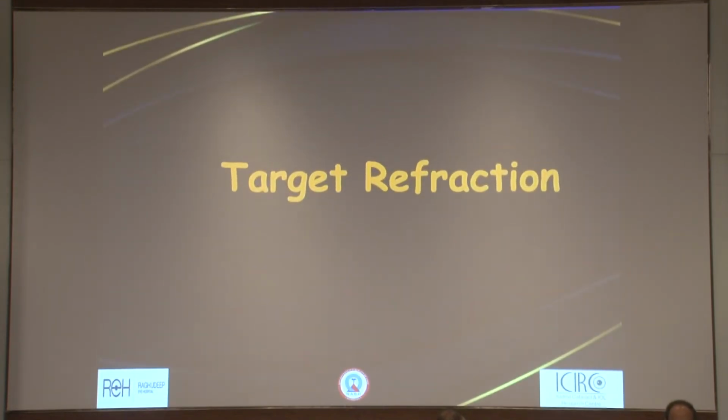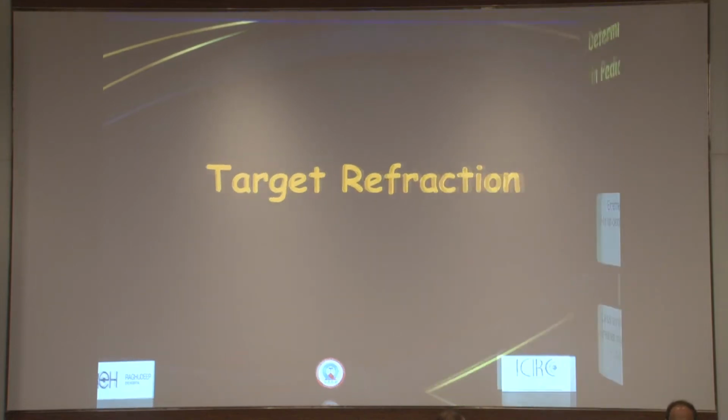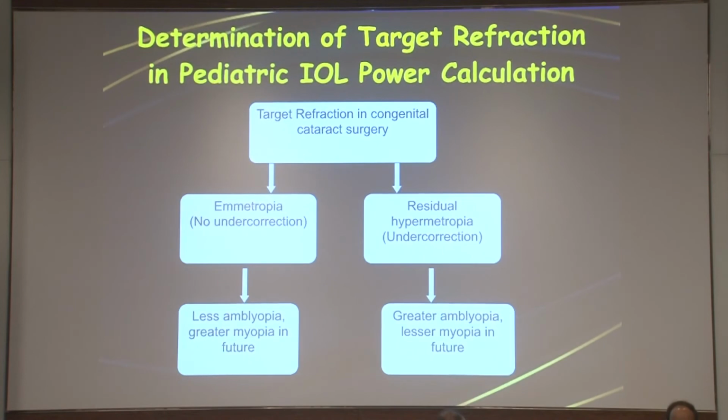Target refraction. Now, this is the most important question. How do you correct the eye? Completely, or not completely? So the two options are: first, you attempt, like we do for adults, to go for emmetropia. Do not undercorrect, overcorrect, or do anything else. The advantage of that is that immediately the child is likely to see better,